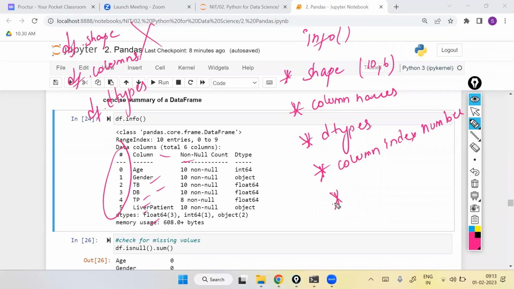And it also tells you whether there are any missing values. Here, non-null. Here we are having the shape of 10. If the same number 10 is displayed here, there are no missing values. Other than 10, if any number like 9, 8, 7, 6 is available, it means some missing values are there. So for example, here, let us take